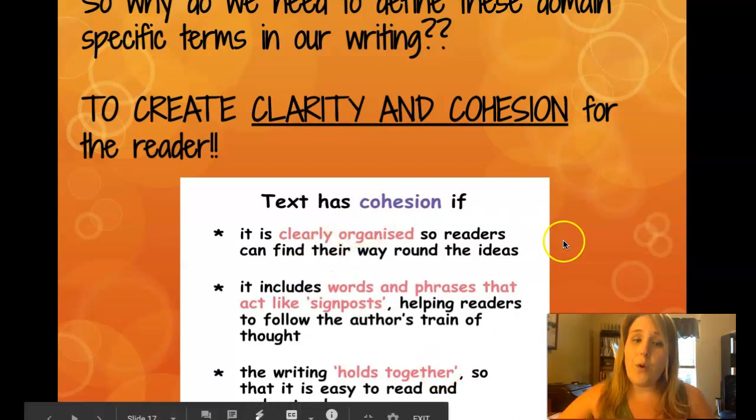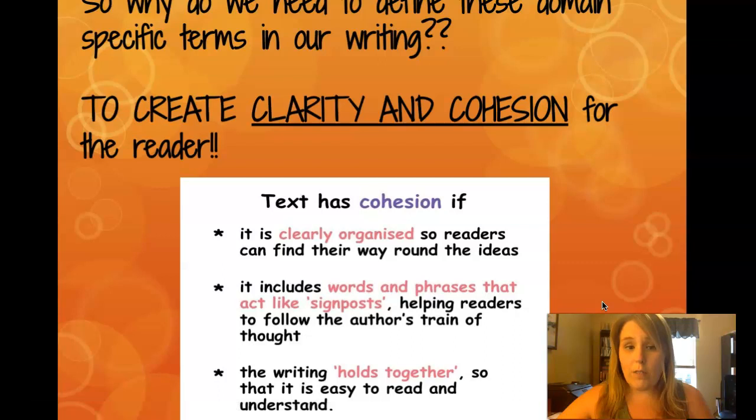A text has cohesion if it's clearly organized so that readers can find their way around, and it includes words and phrases that act like signposts that help readers follow the author's train of thought. It holds the writing together and it's easy to understand. So if you have specific vocabulary in your body paragraph that's not clearly or widely known, this may be an example of a domain-specific term that you need to go back and define